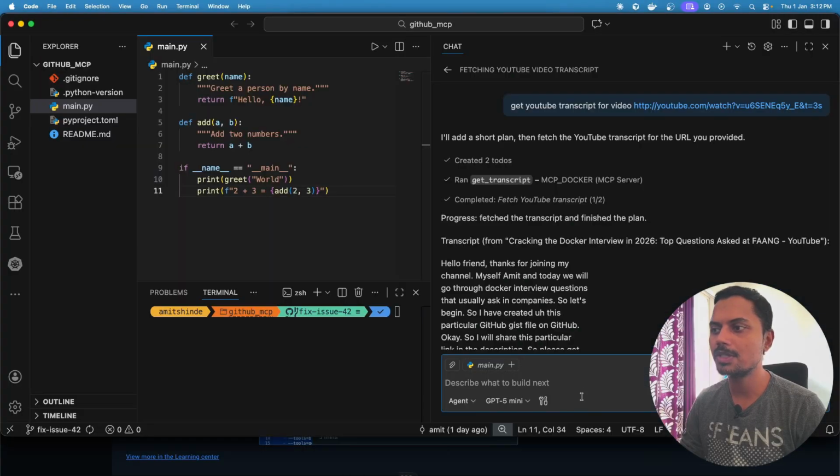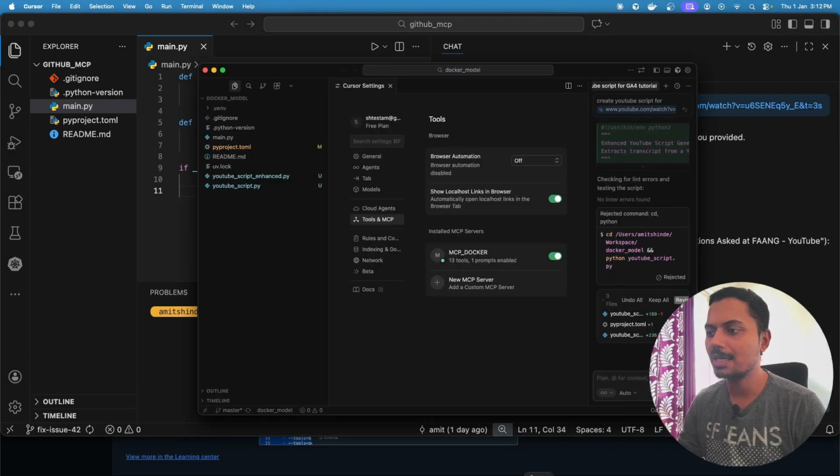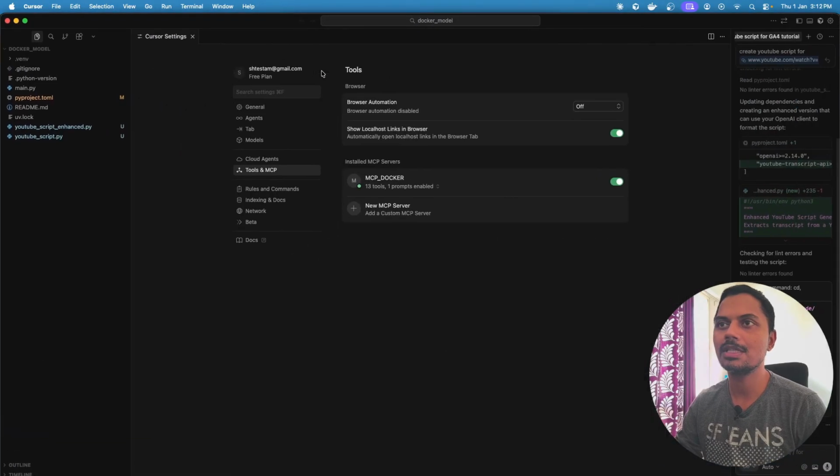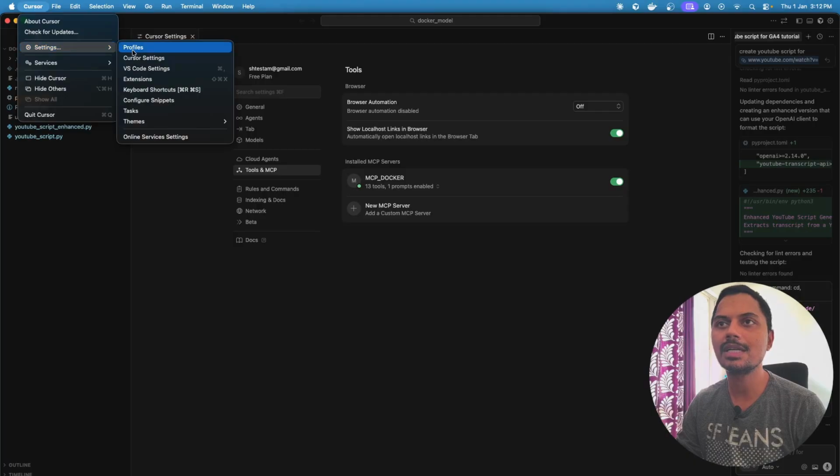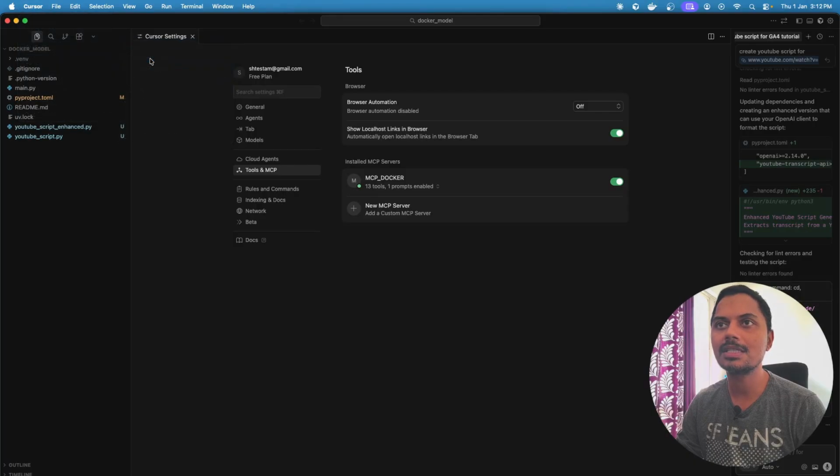So we have seen one example for VS Code. Let's move ahead and check in Cursor also. Okay, so this is Cursor that I have installed. If we come into Cursor settings,